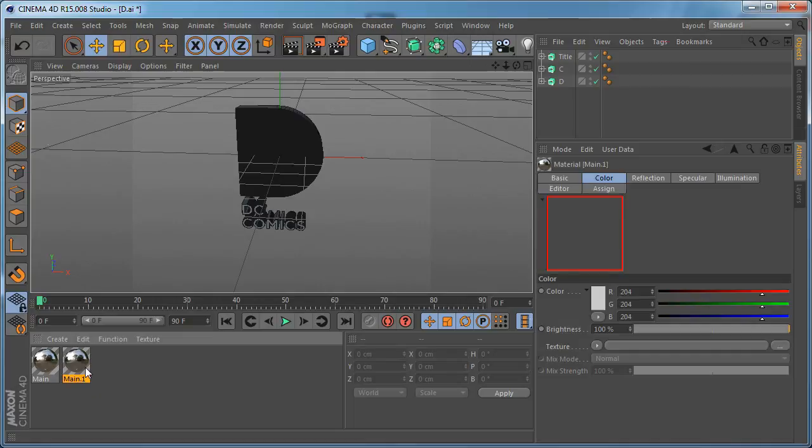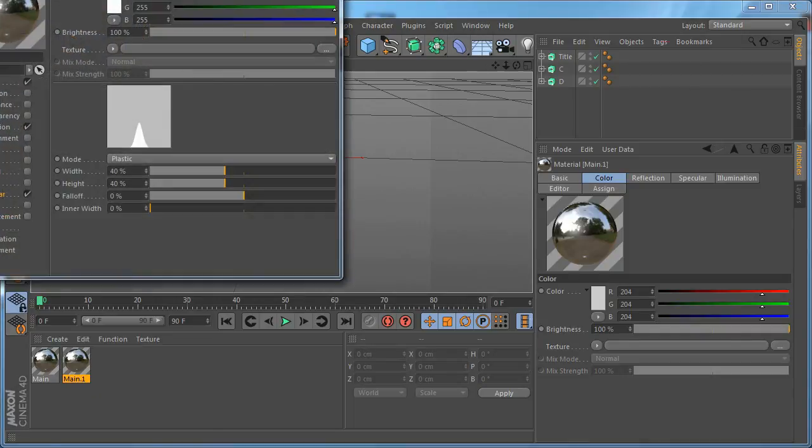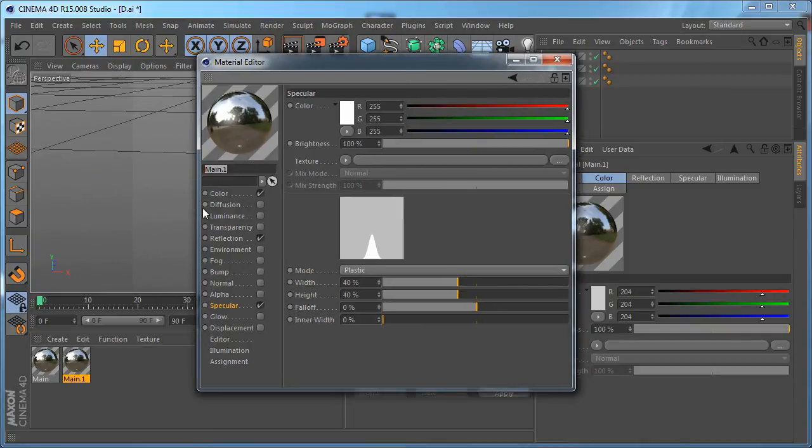And let's create a copy, and let's call this one bevel,